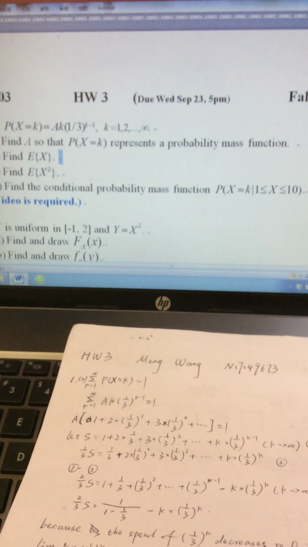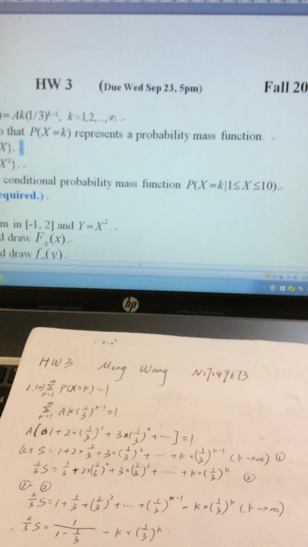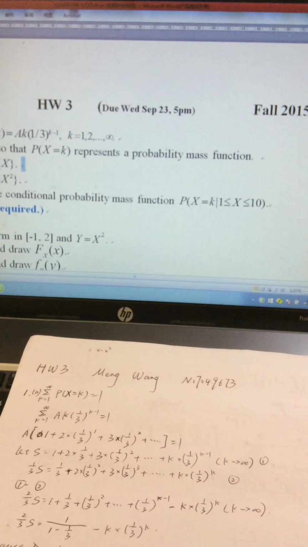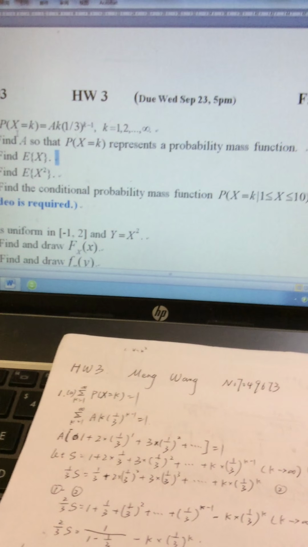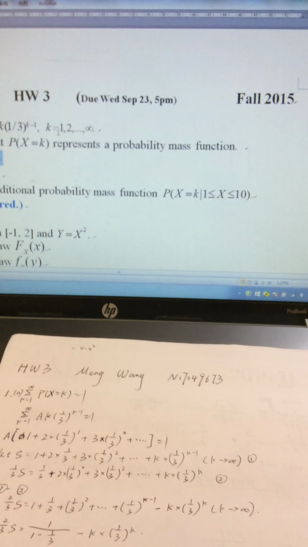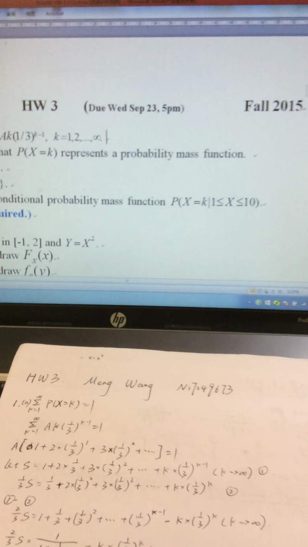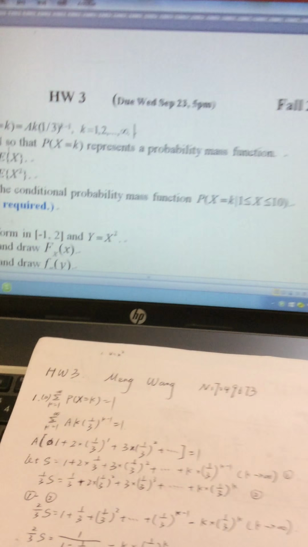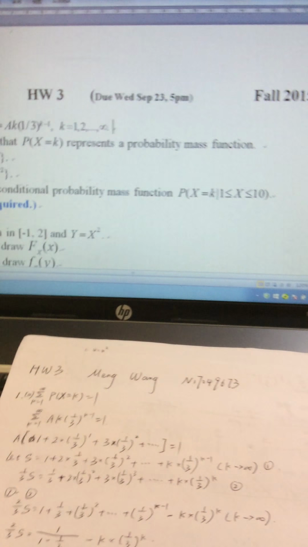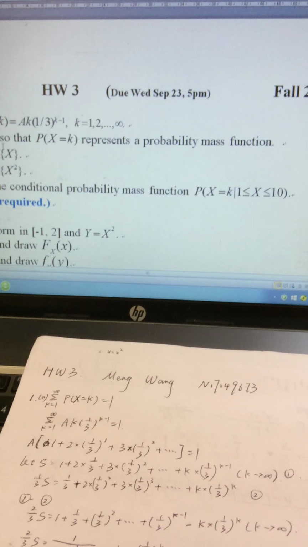Now I'm recording homework 3 of probability and stochastic process. The first question gives us information that the probability of x equals k is this, where k starts from 1 to infinity. Sub-question 1 asks us to find the value of a so that probability of x equals k represents a